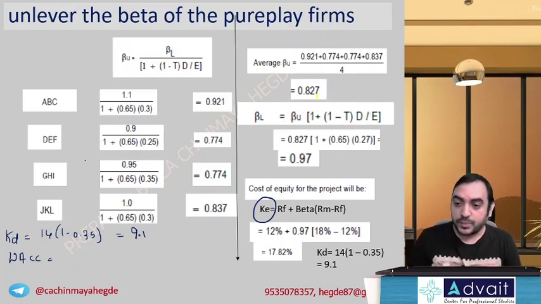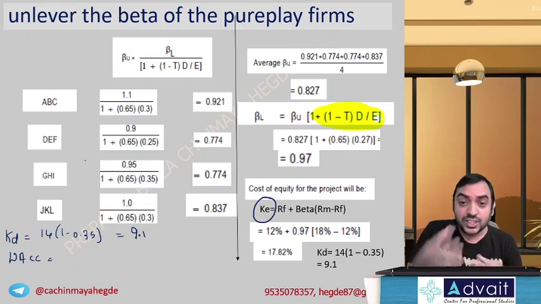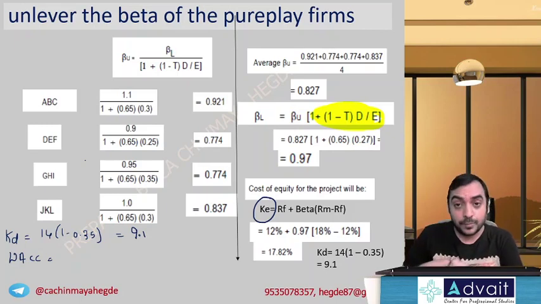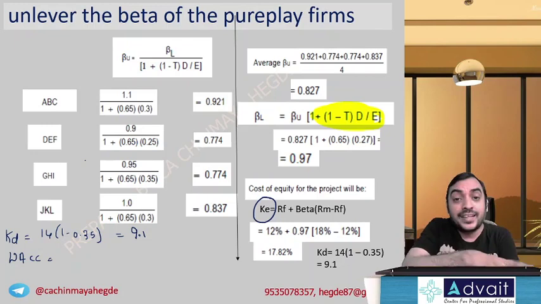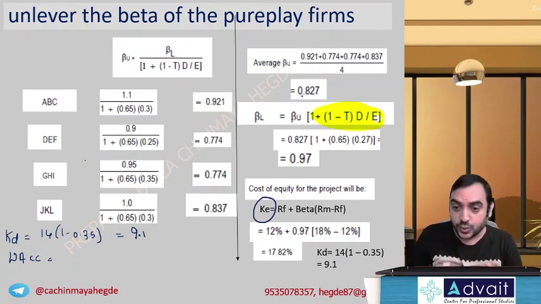Basically, what is the logic behind this one? I'll tell you once more. This unlevered beta represents business risk. Now, equity shareholder will assume two types of risk. One, the risk what was supposed to be borne by them because of the business, and other, what was supposed to be borne by the debt is also borne by the equity people. Two risks. That's what here you are telling.